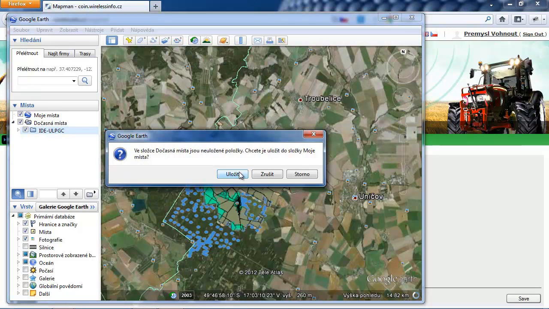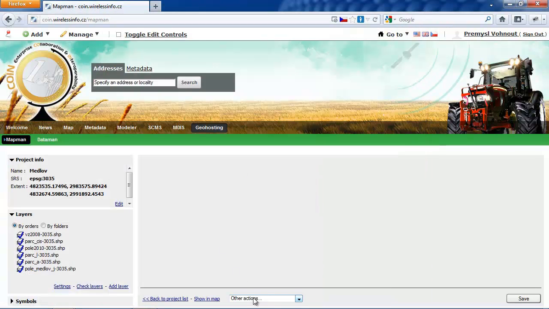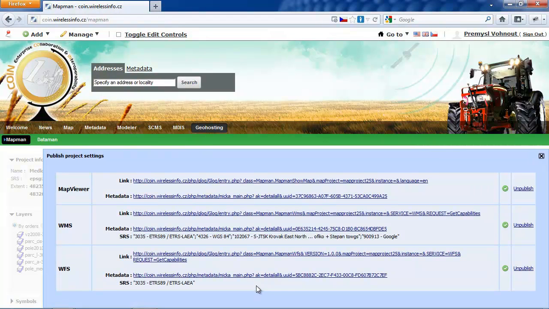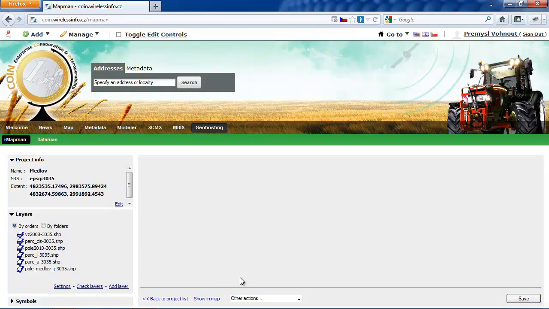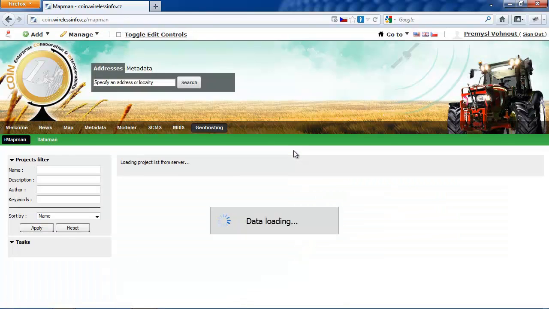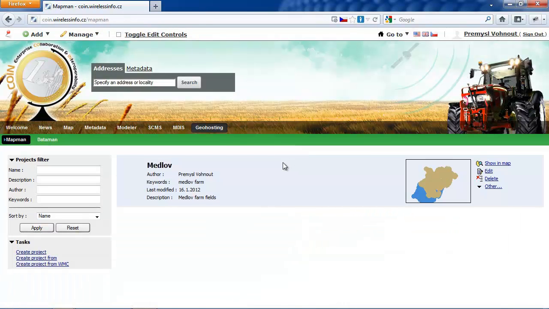Mapman allows to create map outputs which can be embedded in text or services like WMS or WFS which can be connected directly into Map Viewer. Compositions from geohosting can be added to map to have better view of problem. All data in system are described by metadata which allows easy sharing and selection of correct data by needs of application. Metadata functionality provides help service remote sensing catalog called MITSCA.